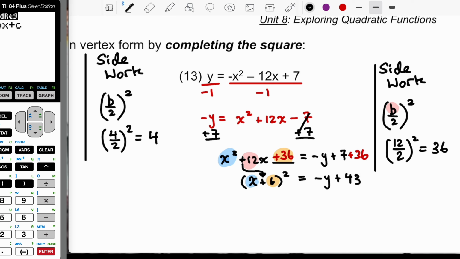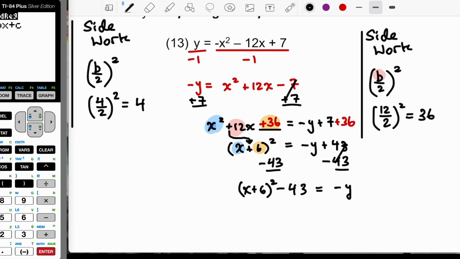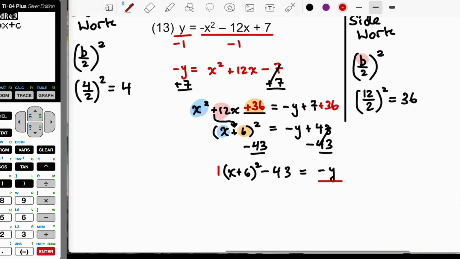Then the only thing that remains here is to solve for y, get y alone. So basically undoing the first couple of steps. So I'm going to subtract the 43 from both sides. x plus 6 squared minus 43 is equal to negative y. And then I'll divide each term by a negative 1. Remember, there's an understood coefficient in front of the binomial squared of 1. That's what's going to get divided. So when I divide each term by negative 1,